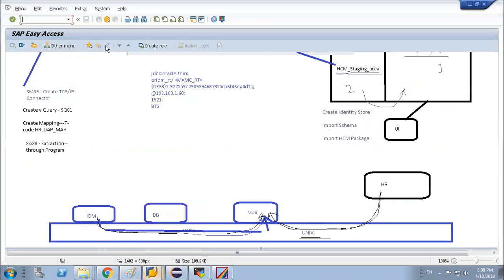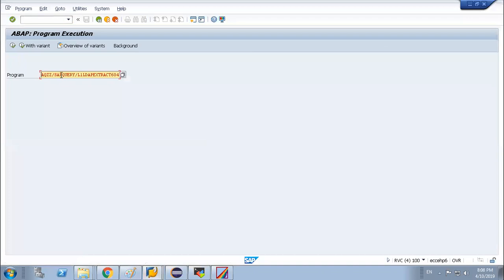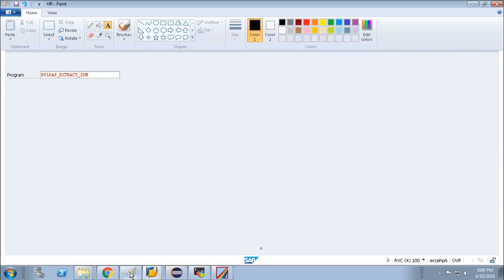So let's go to our SA38 transaction. What is the program name? The program name is RP_LDAP_EXTRACT_IDM. This is the default program name provided by SAP. Okay, this is the program name we will be using over here.